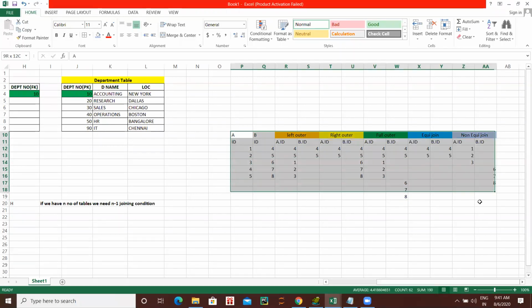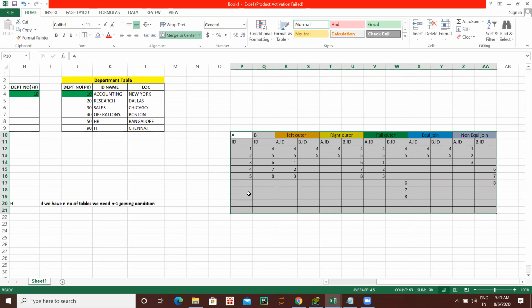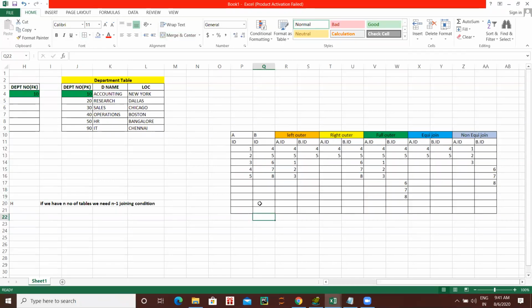Then create a table B with ID, insert 4, 5, 6, 7, 8. Then do left outer join, see what is happening. Do right outer join, full outer join, equijoin, non-equijoin, see what is happening. This is homework for you, do it and show me.